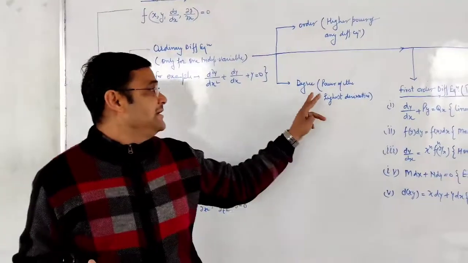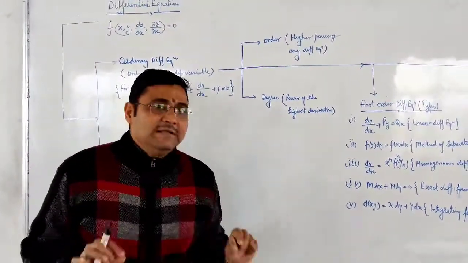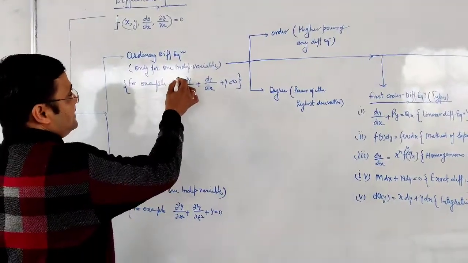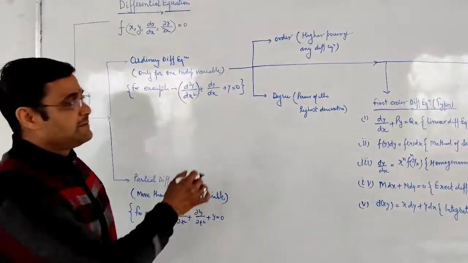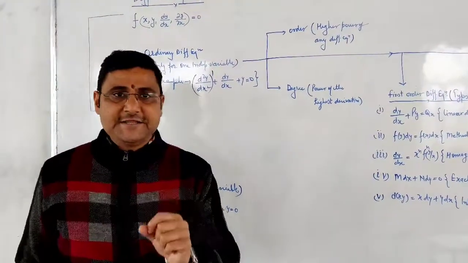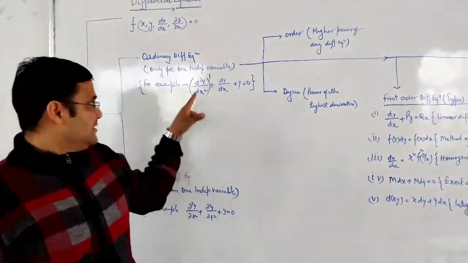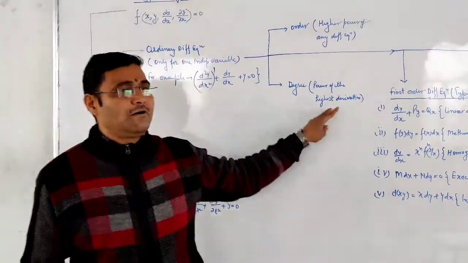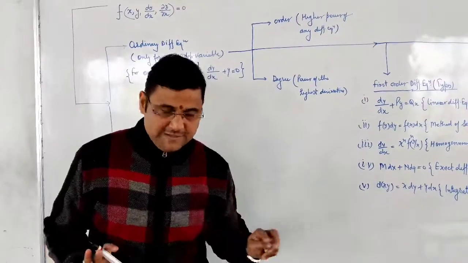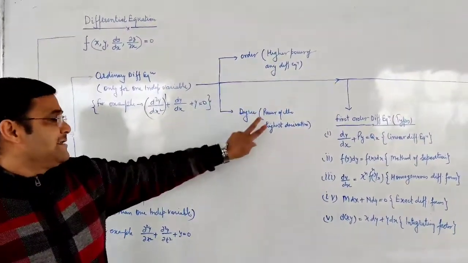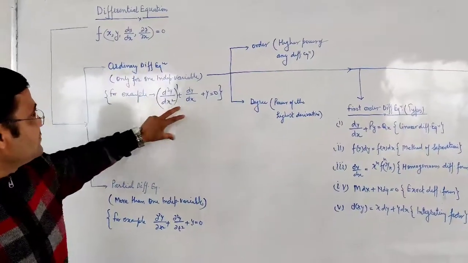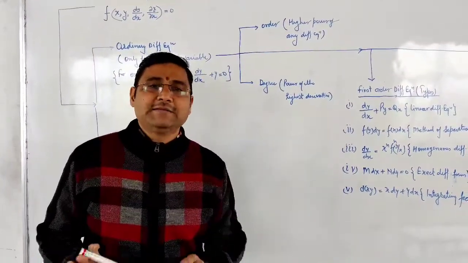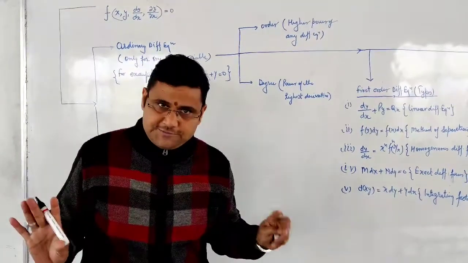And the degree of any differential equation is very simple: the power of the highest derivative. If we talk about the power of the highest derivative, that is the degree of the differential equation. d2y over dx square to the whole power of 1 shows the degree of the differential equation. Okay, so this is the part order and degree. To solve any differential equation, first we define order and degree, and after that the types of ordinary differential equation.